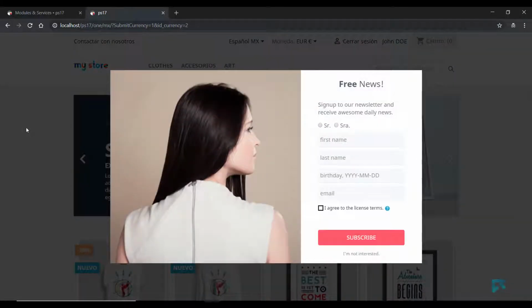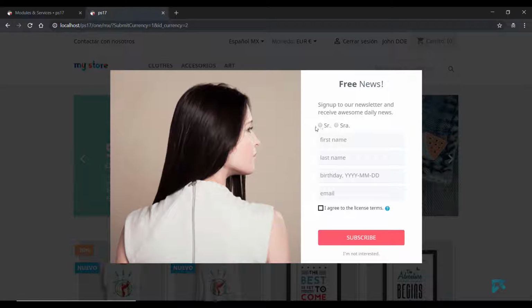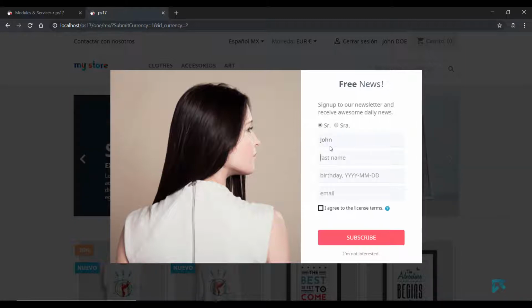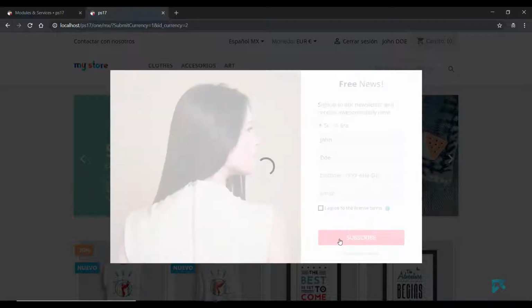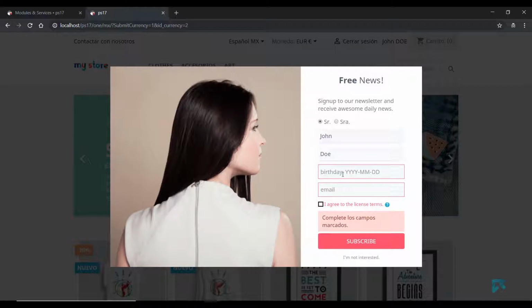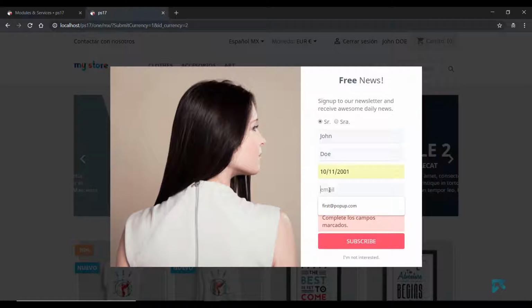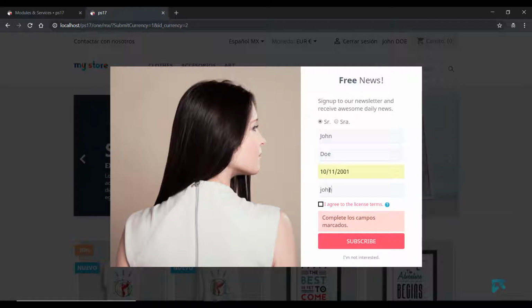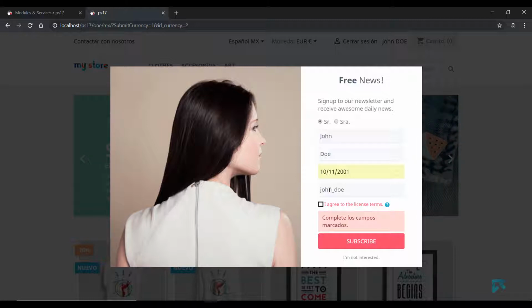As you can see, the pop-up took the correct amount of seconds to be displayed. Now we will fill out the form with a different email. If the user tries to submit without filling out everything, alerts will be displayed to fill out all the required fields. The user must fill out all the formats correctly or else they will not be able to subscribe.